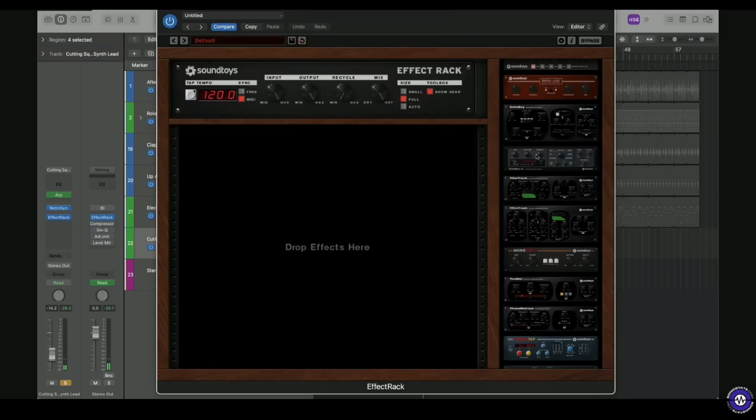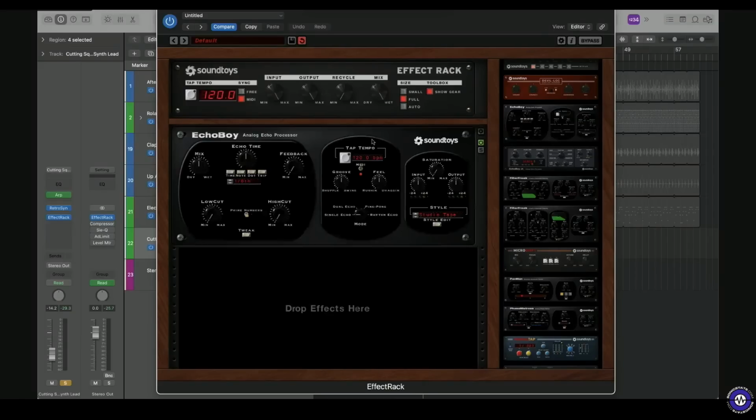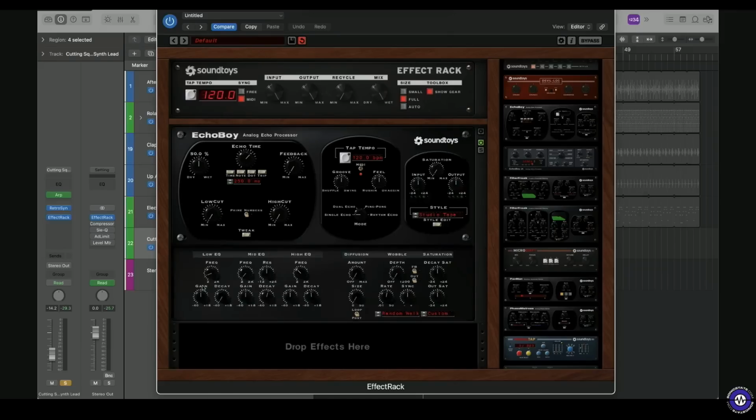But what if I don't want to use Microshift? What if I want to use Echo Boy to make things stereo? This is the part I love about Echo Boy, because even though it's a delay plugin, it's not really just delay if you think about it. There's saturation, there's different styles. If you hit style edit, you can see there's a further EQ section, diffuser, wobble, saturation. So it's not just delay. Right. It's actually